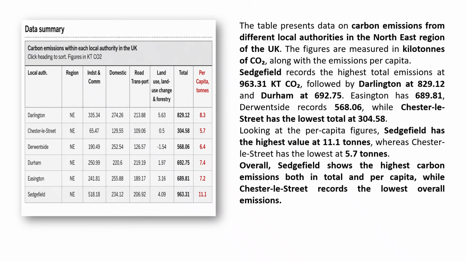The table presents data on carbon emissions from different local authorities in the northeast region of the UK. The figures are measured in kilotons of CO2, along with the emissions per capita. Sedgefield records the highest total emissions at 963.31 kt CO2, followed by Darlington at 829.12 and Durham at 692.75. Easington has